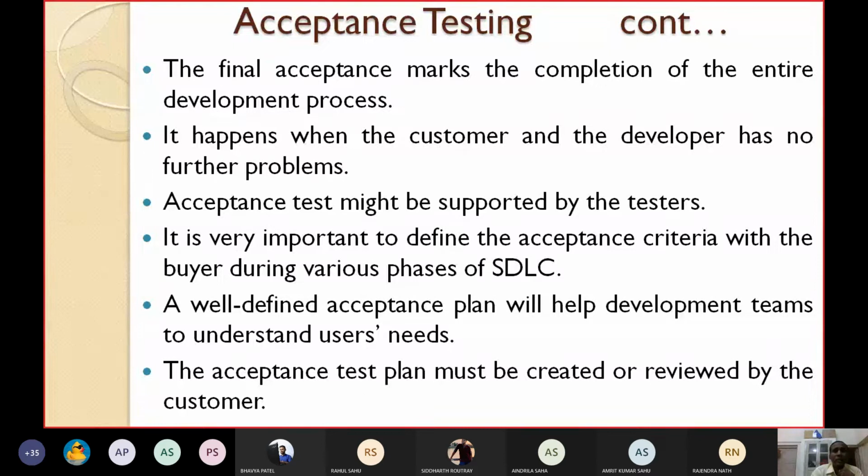Acceptance tests might be supported by the testers that I have already told you about. Because if the customers are laymen, they do not know how to design test cases or what input they will give, so it might be supported by the testers.